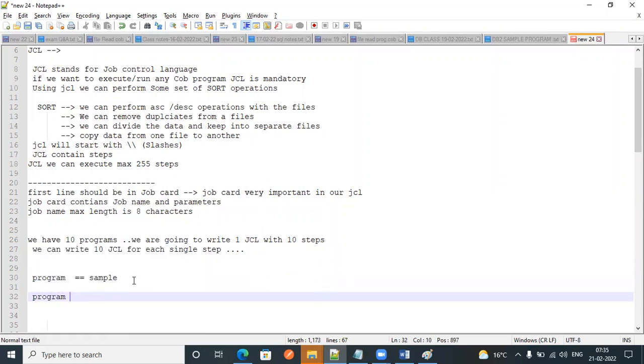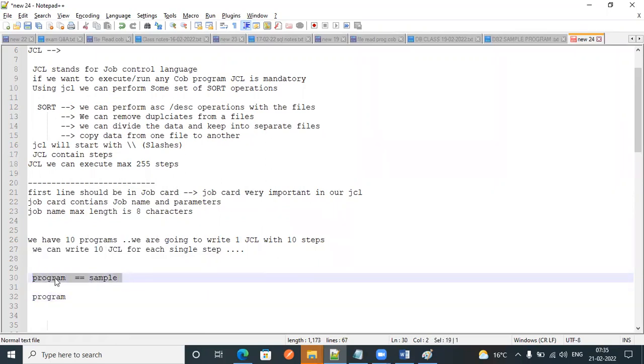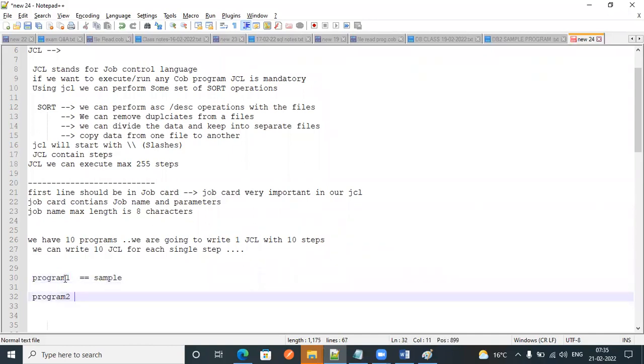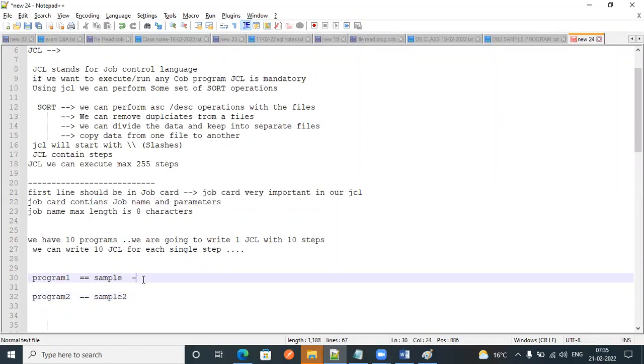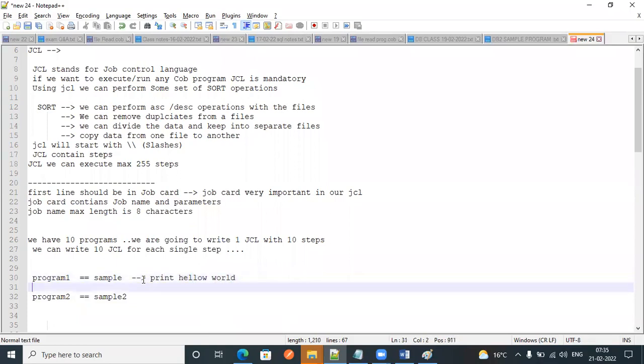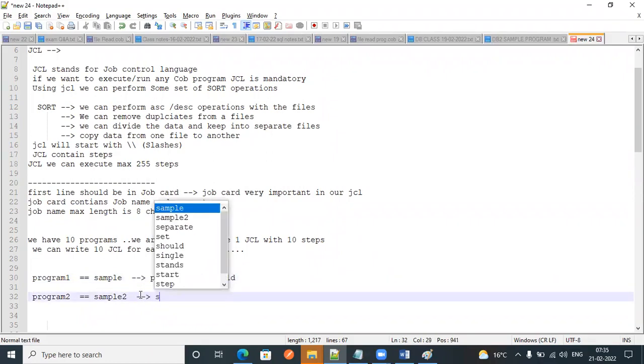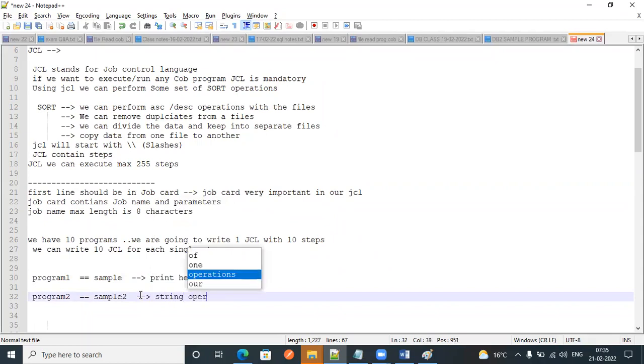In this program we are not using any files, so that is program 1, and we have program 2, Sample 2. This one we have used to print hello world. This one we are going to use to perform string operations.